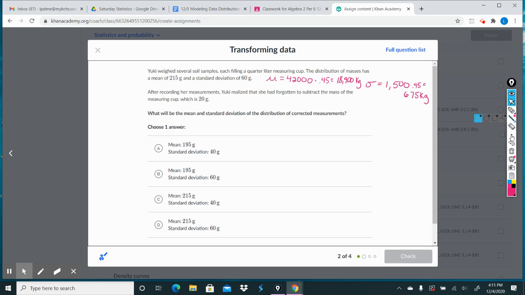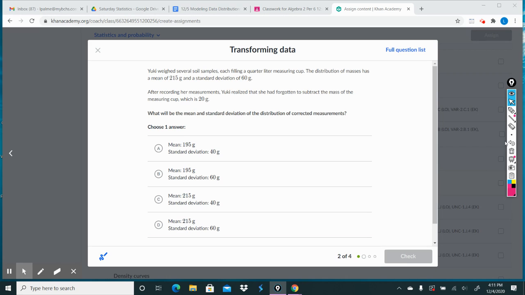Okay, we have another question. Yuki weighed several soil samples, each filling a quarter-liter measuring cup. The distribution of masses has a mean of 215 grams and a standard deviation of 60 grams. After recording measurements, Yuki realized that she had forgotten to subtract the mass of the measuring cup, which